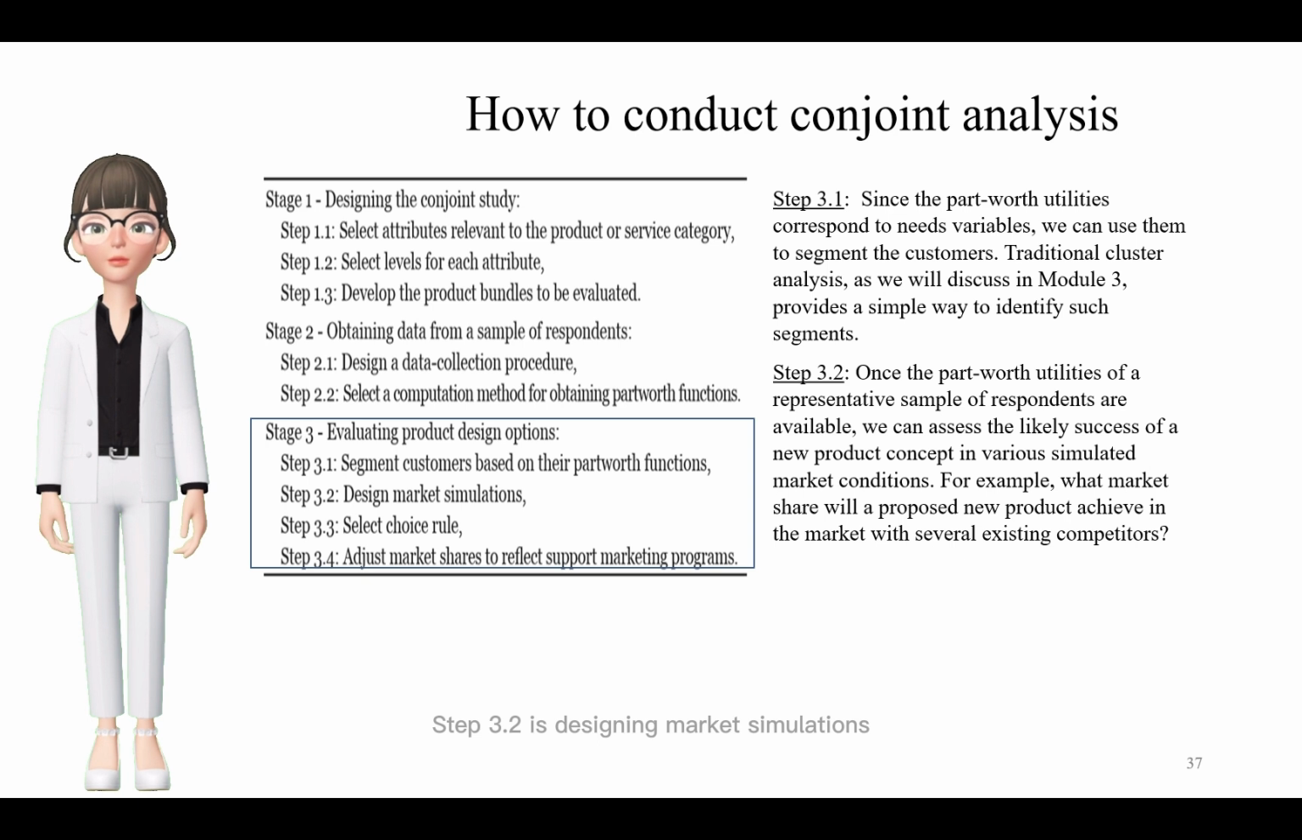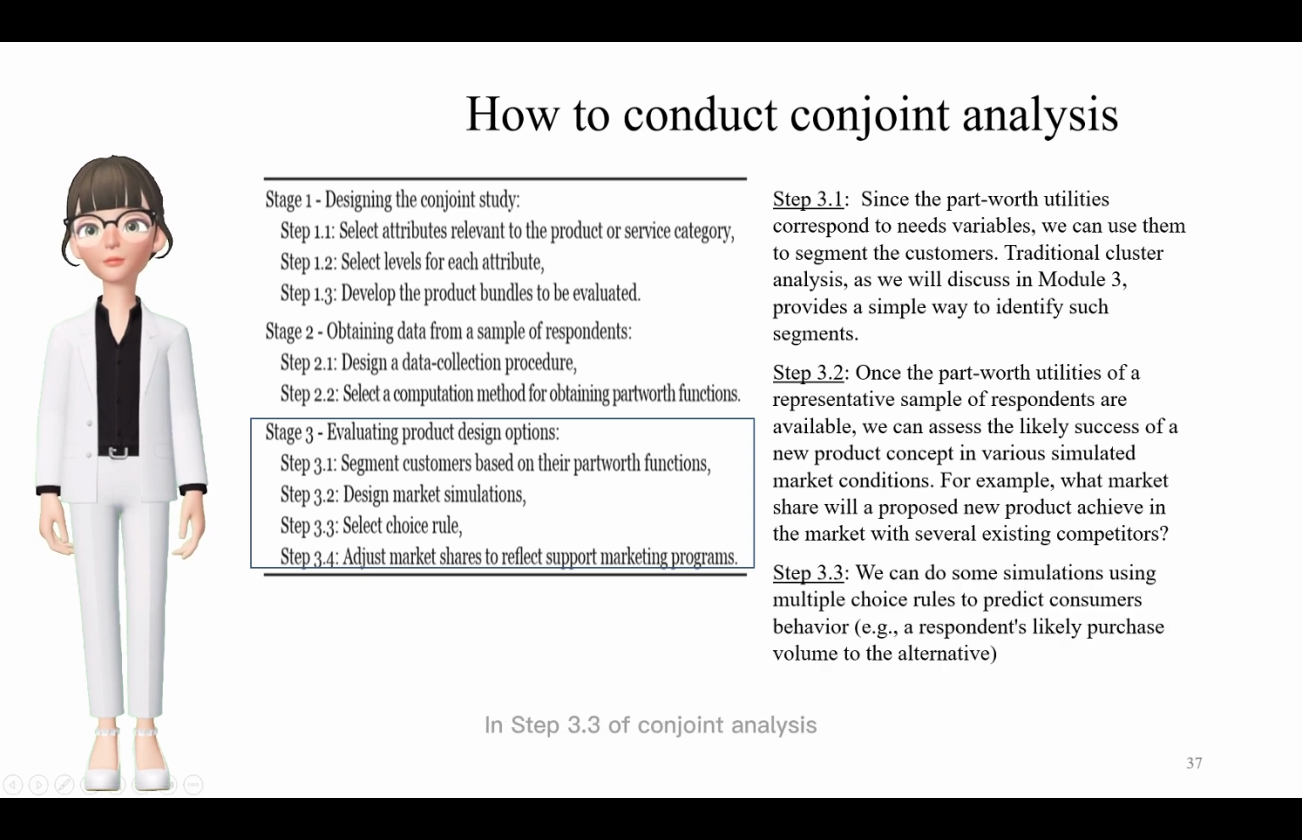Step 3.2 is designing market simulations. Once we have the part-worths of a representative sample of respondents, we can use conjoint analysis to simulate how a new product concept is likely to perform in the market. For example, we can predict the market share a proposed new product will achieve in a market with several existing